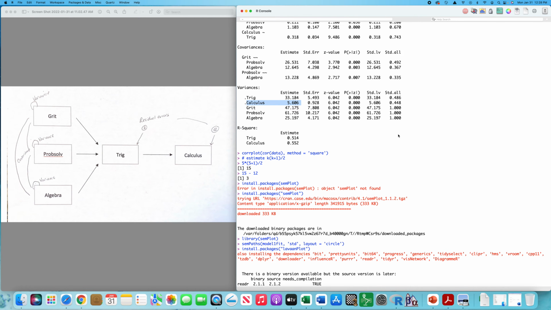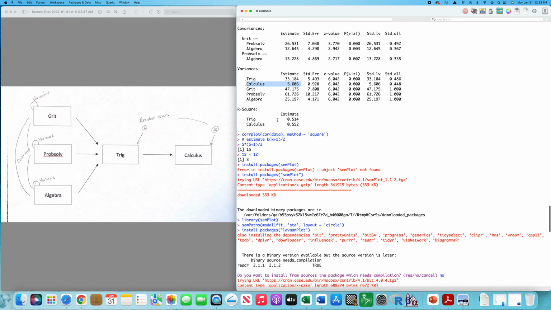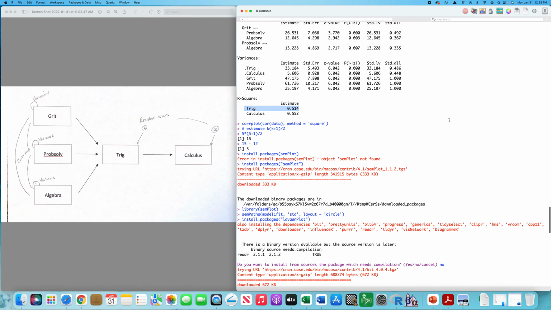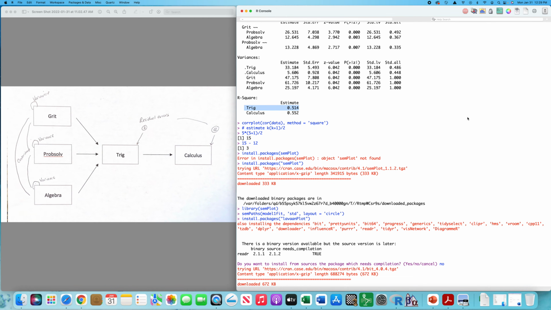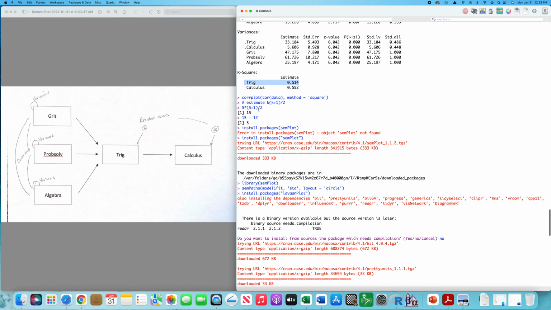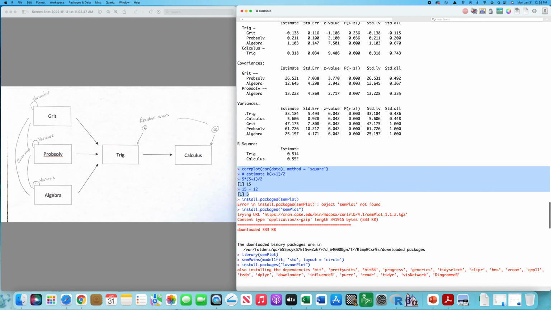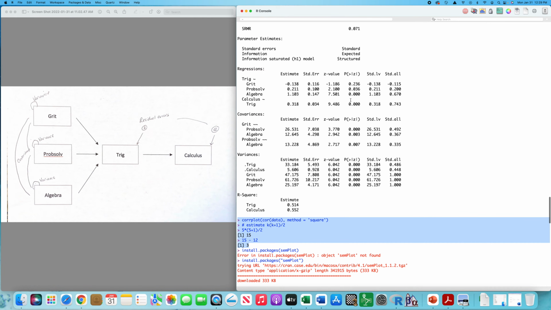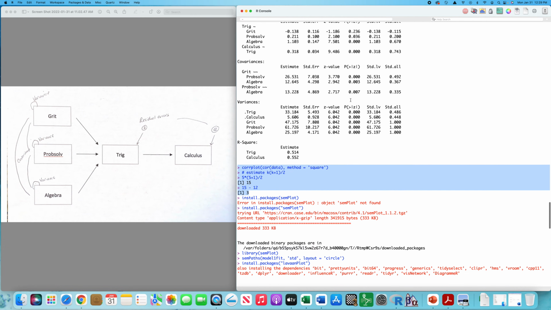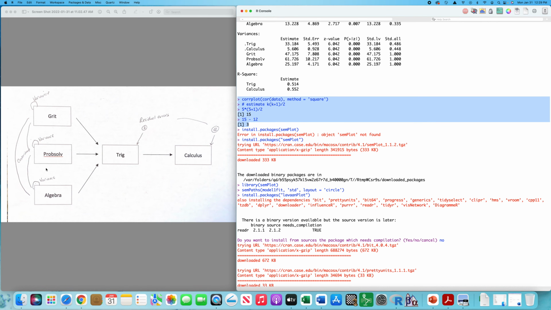the other parameter. Now, the R squared is quite interesting because we have two entries here. The calculus one says that 55.2% of the variance in calculus is explained by the regression on trig. And as we talked about in a previous video, the 51.4 is the similar statement for trig. Now, I did all this previously, so I'm not going to go through that. But now, once I have my model specified, in our case, not well, I would want to start creating a